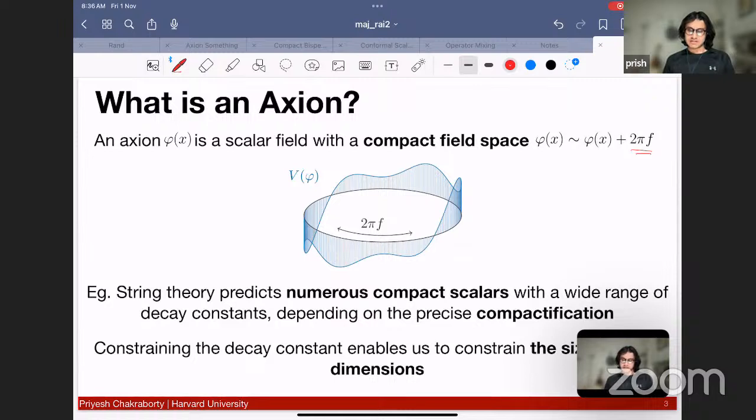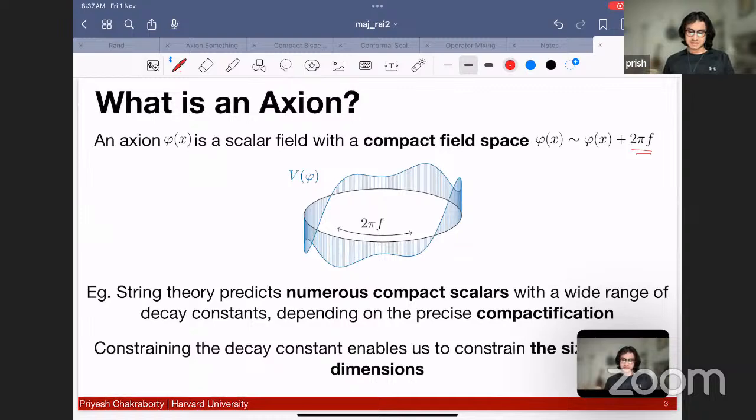I like to emphasize that this is really a gauge symmetry. It's not commonly conceived that way. It's not just a global symmetry, it's a gauge symmetry. Specifically, as I said, I'll be talking about these quantum gravity axions, where this decay constant F is related in some way to the size of any extra dimensions that might exist around us. So if you know what F is, then you can constrain the size of your extra dimensions. This is something to keep in the back of your head.